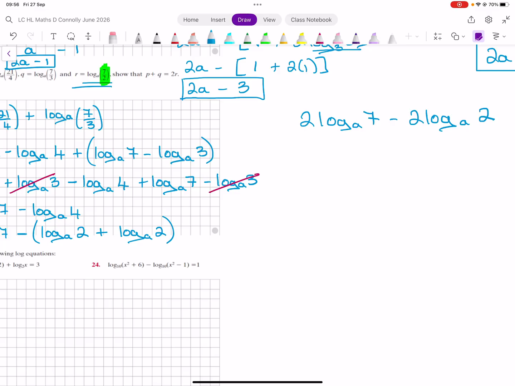Oh, I'm so close. So if I bring my powers to the back, I get log to the base a of 7 squared minus log to the base a of 2 squared. I can turn my minus into a divide, so log to the base a of 49 over 4. And if I simplify 49 over 4,